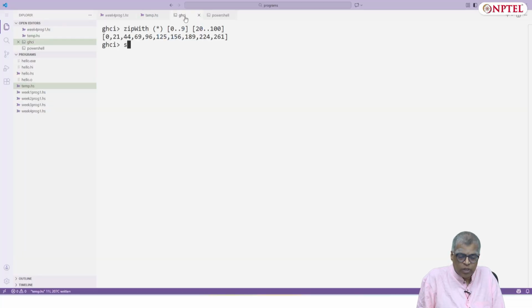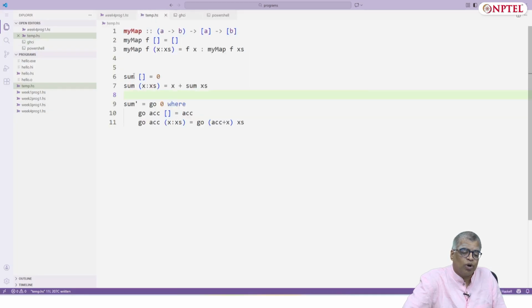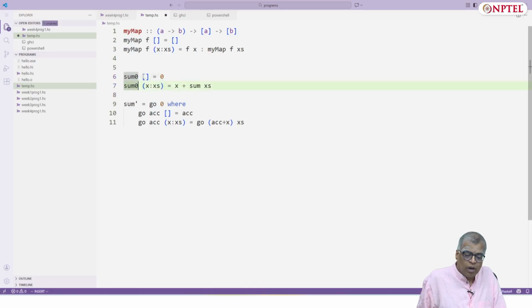Sum of, let's reload. Okay, so because I should have called it my sum, or let me call it sum0, sum1, just to avoid confusion between the sum that I have defined versus the built-in sum.